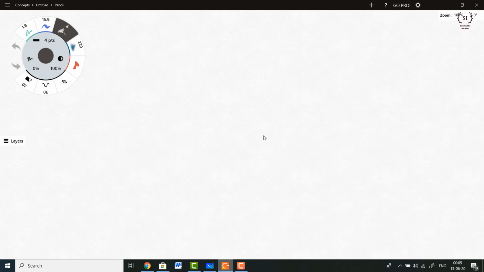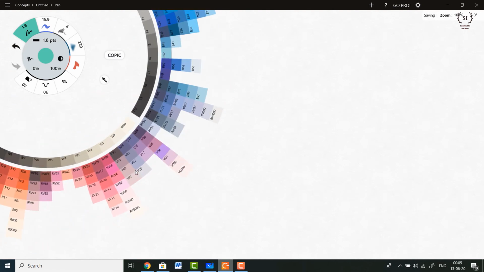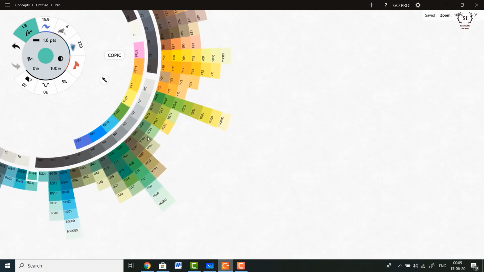Just click on this plus button and it will open a canvas for you to start your project. So this is how the main home page looks. Now you could select a pen from here. So click on this pen and then you can change the color. See how cool the color canvas looks. The color palette is really cool and you could select any of the colors from here.